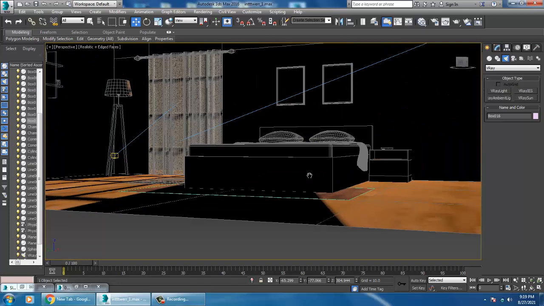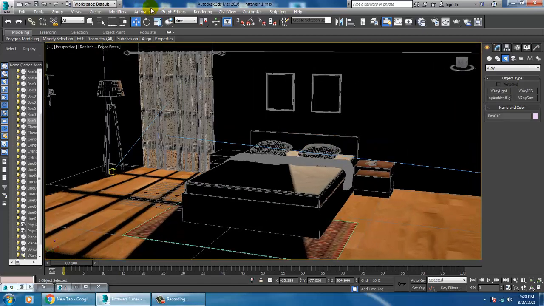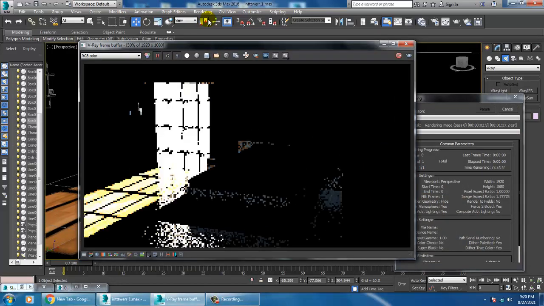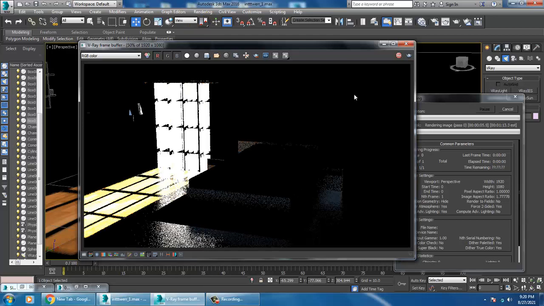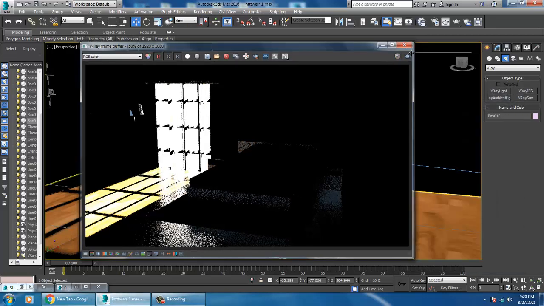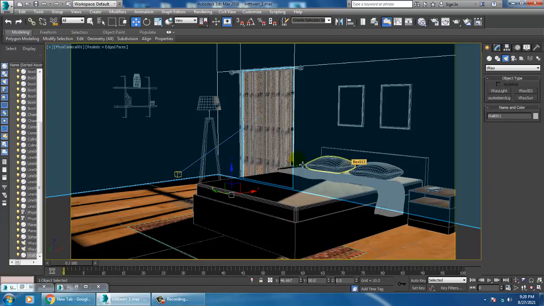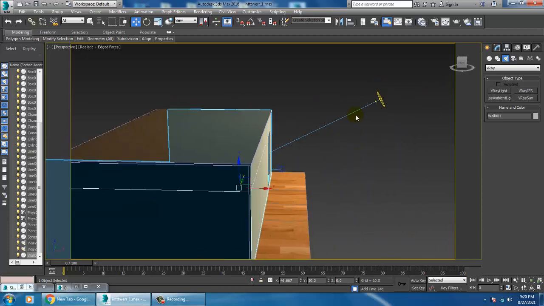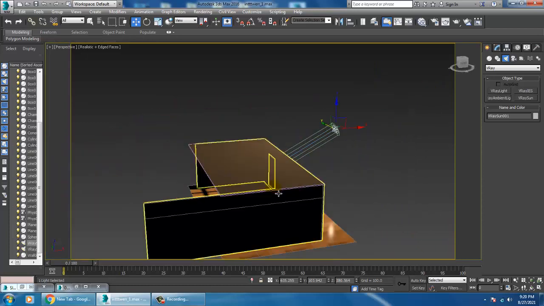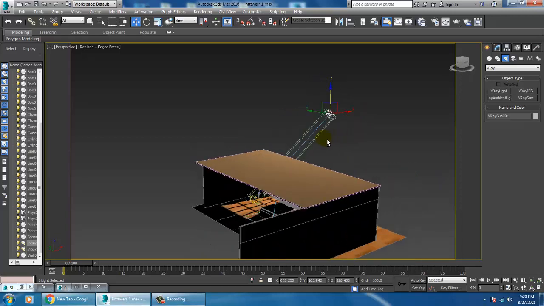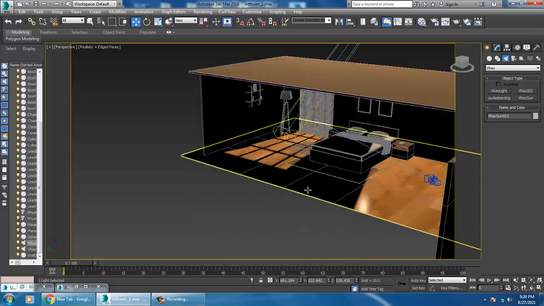Let's just try to render it, how it looks like. Okay, now looks much better. I'll again shuffle it to the camera view over here. We'll just ignore this stuff for now. Let's go back to the perspective view, and slightly push it up and push this back.